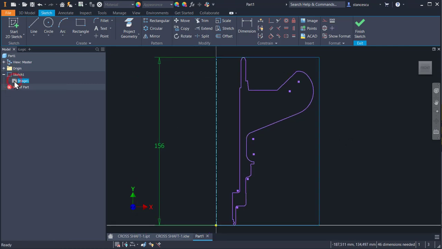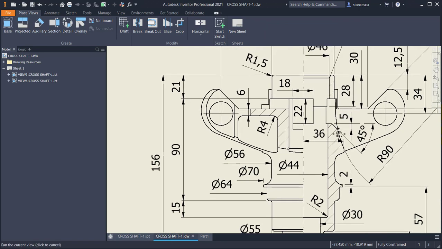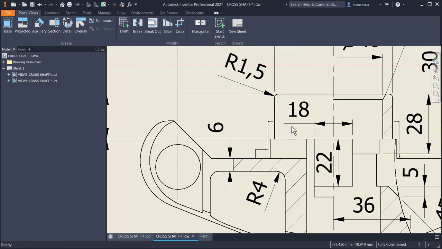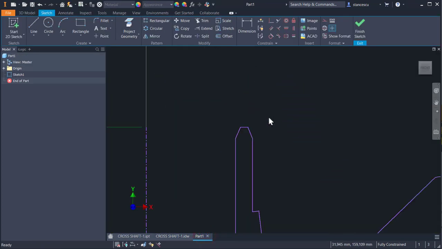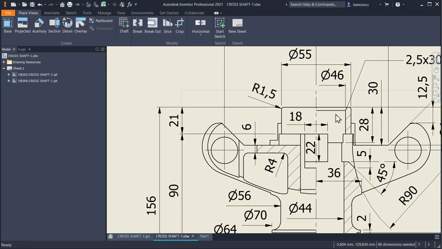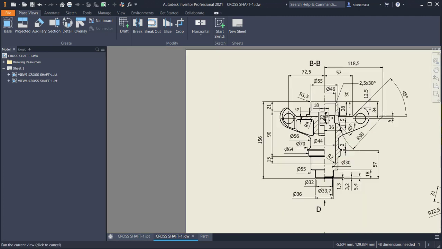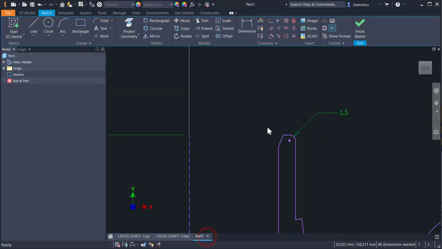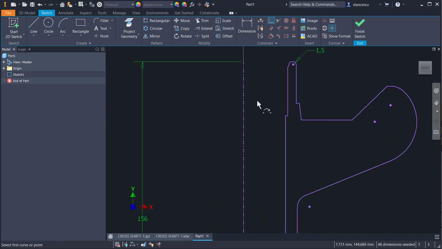And I delete it, to have no problem with it. I look at the drawing now. There is a radius here, a radius, and I made a chamfer. This is not okay. A radius of 1.5. Let's create a fillet of 1.5 between this line and this line. Now I use dimensions, but first I place this small line and the bottom one coincident with the